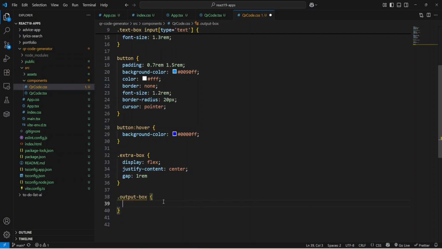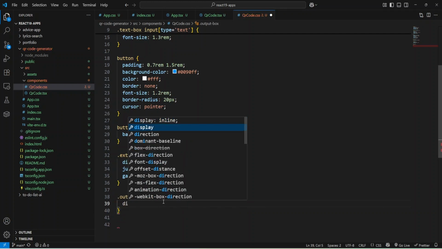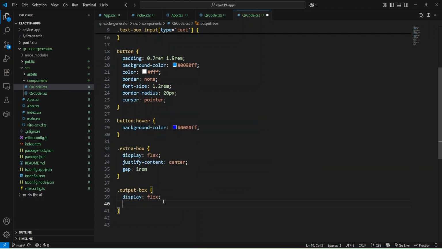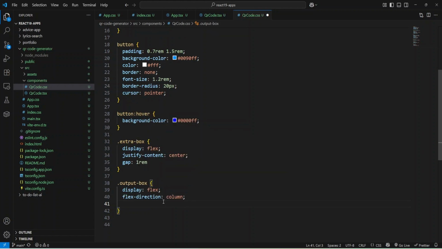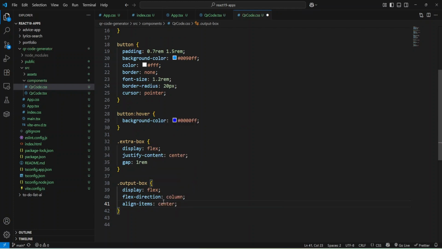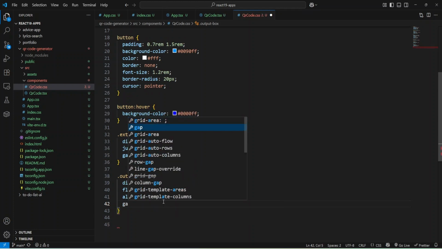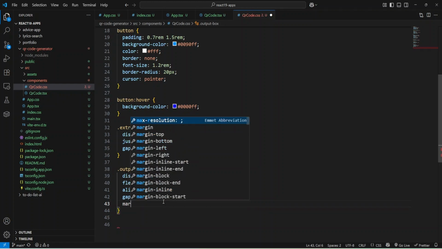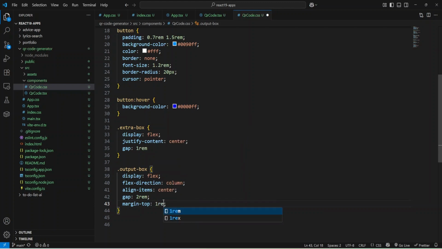Okay, and let's add styles. Also will be display flex. Okay, and flex direction would be column, and align items would be center, and also let's add gap 2 rem, and add some margin top 1 rem.